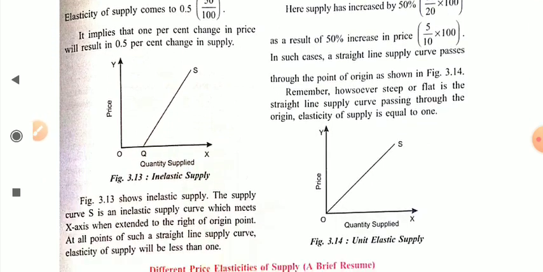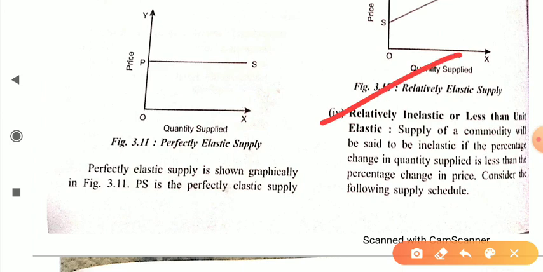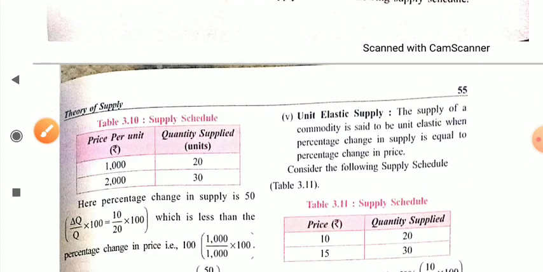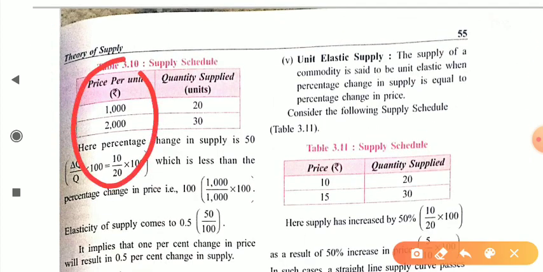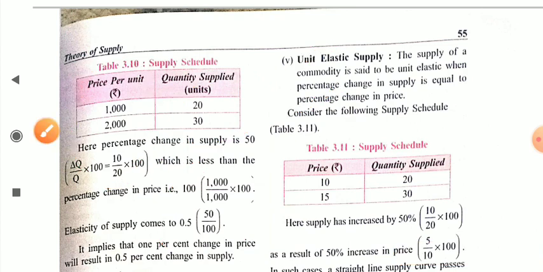Now move to our next part, which is inelastic supply. Dear student, inelastic supply is when elasticity of supply is less than 1. In this case, the percentage change in quantity supplied is less than the percentage change in price. Okay, dear student, it simply represents that the change in price is too high as compared to the change in quantity, which is too low. You can see that when price is rupees 1000, quantity supplied is 20. When price changes to 2000, quantity supplied is 30. It simply represents that the change in price is more as compared to the change in quantity supplied. So this is known as